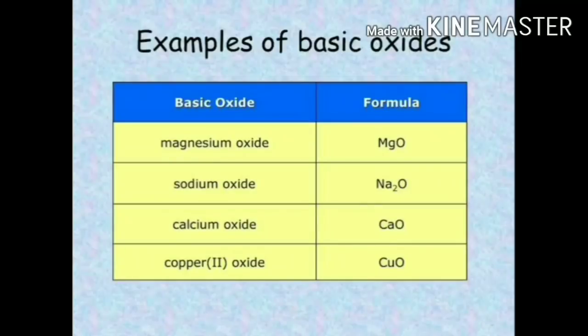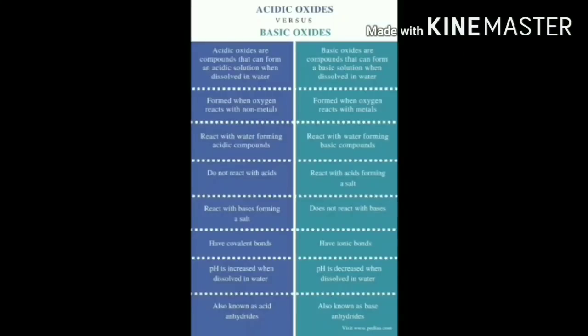So finally the conclusion is acidic oxides are formed from nonmetals which are acidic in nature, and basic oxides are formed from metals which are basic in nature. Since the neutralization reaction is denoted as acid plus base gives salt and water, in the place of acid, acidic oxides can be substituted, and in the place of bases, basic oxides can be substituted. They are both acidic and basic in nature respectively. Finally, we will see an exhaustive comparison of acidic oxides versus basic oxides.